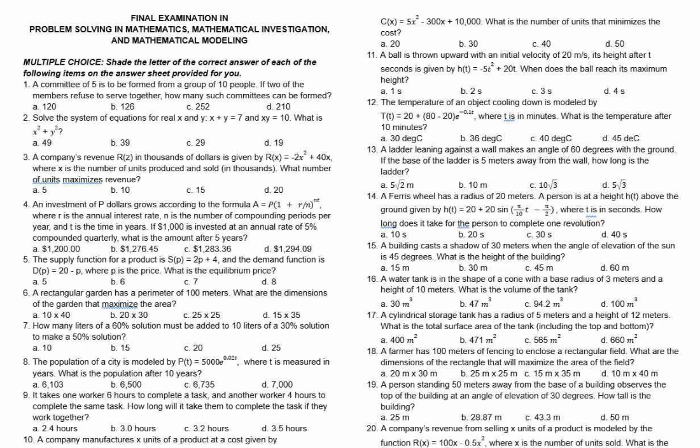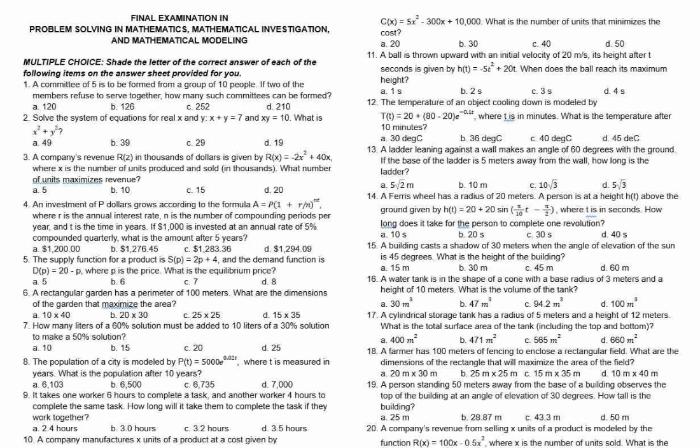Second question, to solve the system of equations for real x and y, x plus y is equal to 7 and y is equal to 2x. What is x squared plus y squared? So we all know that the value of x is 5 and the value of y is 2, so it will be 7. So x plus y is 7, and 10 is 2 times 5, diba? 10. What is x squared plus y squared? So the answer will be 29.